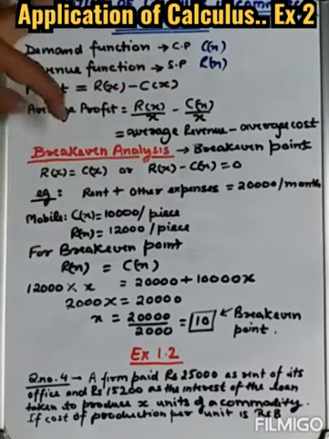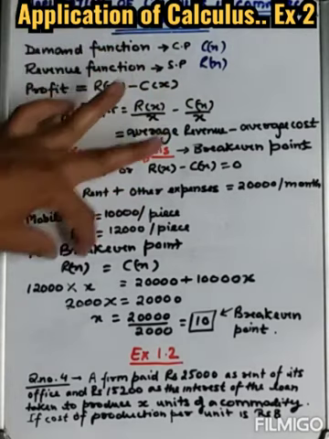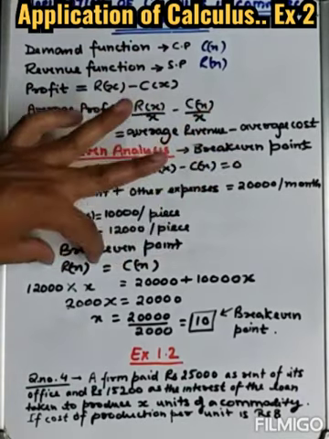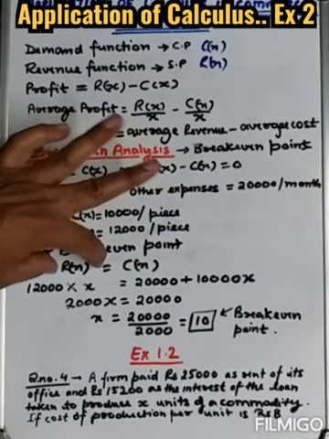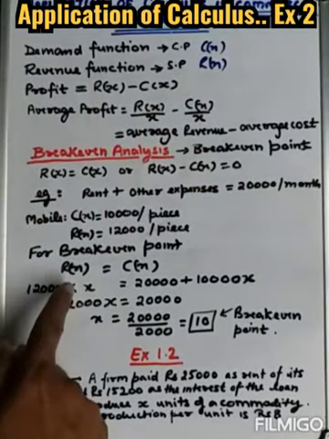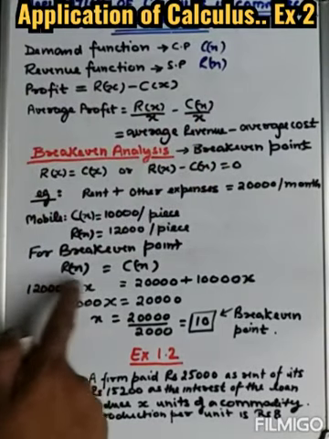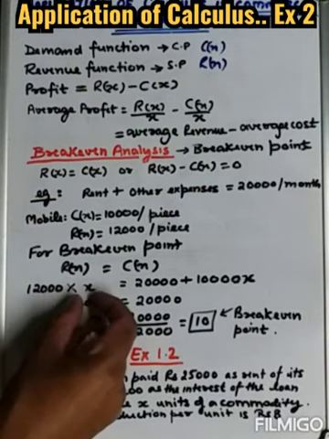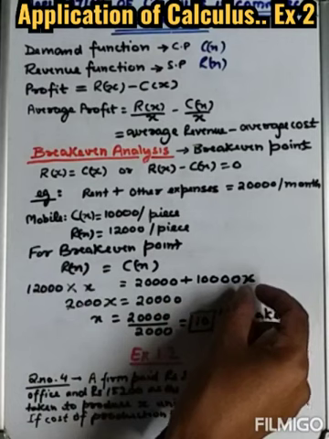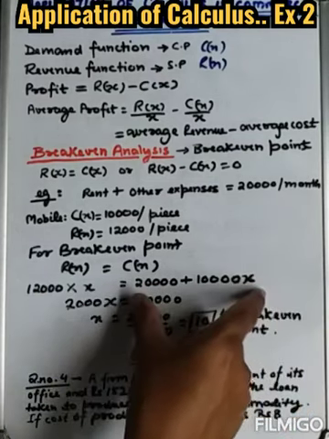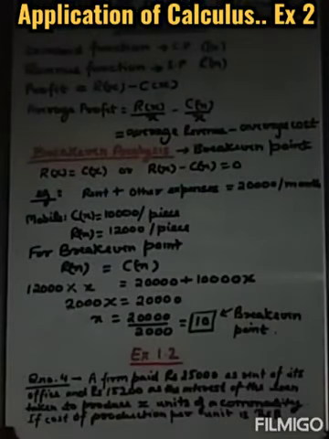For the break-even point, we have discussed that profit should be equal to loss. CP should be equal to SP. That is, revenue should be equal to cost price. So how to find the revenue? How to find the SP? The SP of 1 multiplied by the number of articles. In the same way, the CP of 1 multiplied by the number of articles. Total CP will be, like we discussed